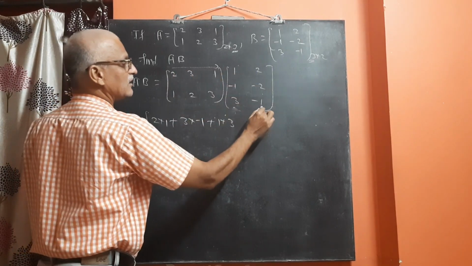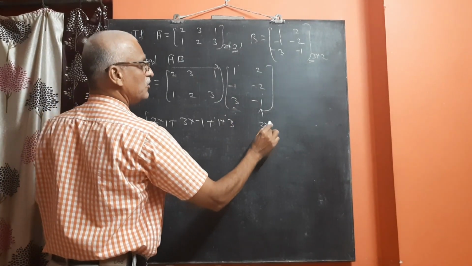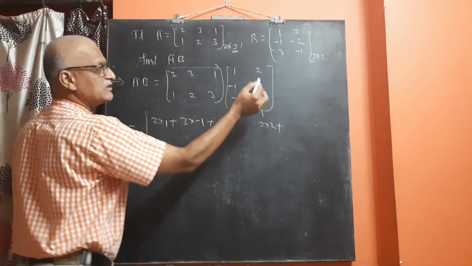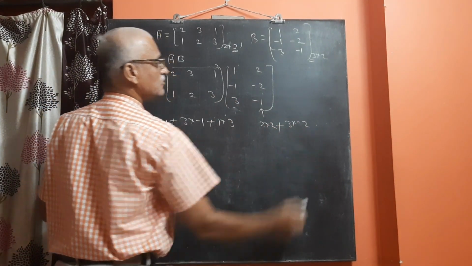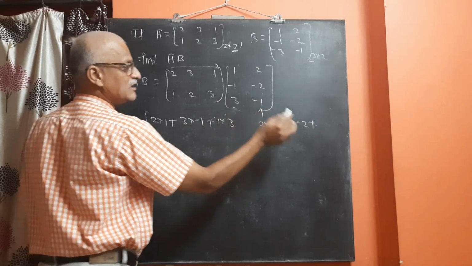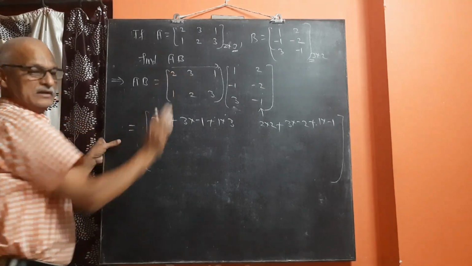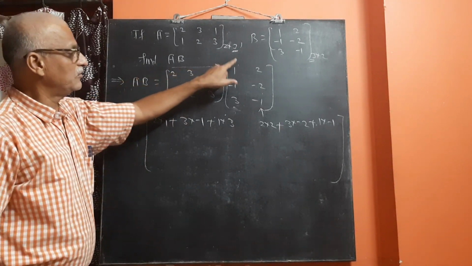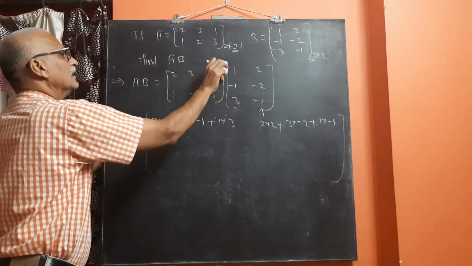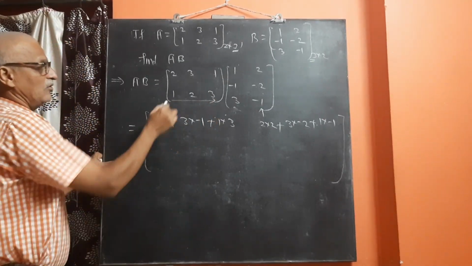Now first row, second column, that means this one. 2 into 2, so we get 2 into 2 plus 3 into minus 2, then plus 1 into minus 1. This is the multiplication of first row with first column and second column. Now the work of the first row is finished, now the second row